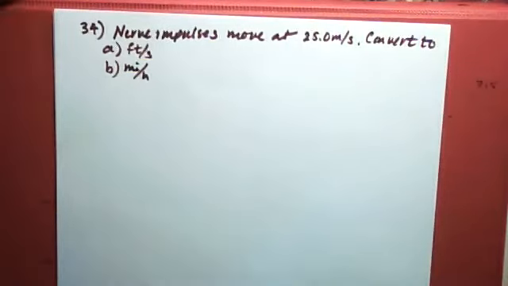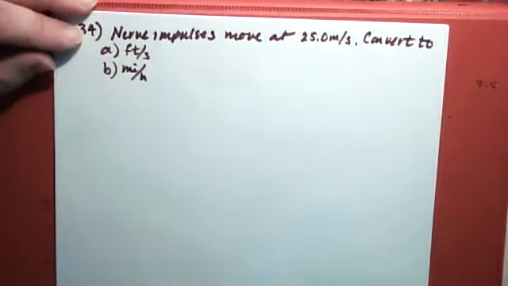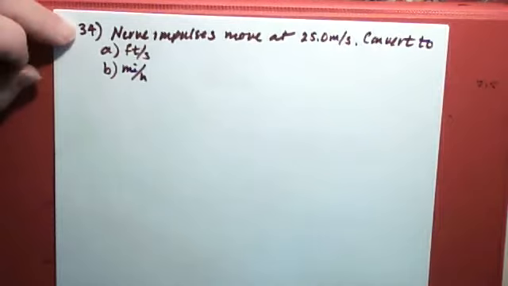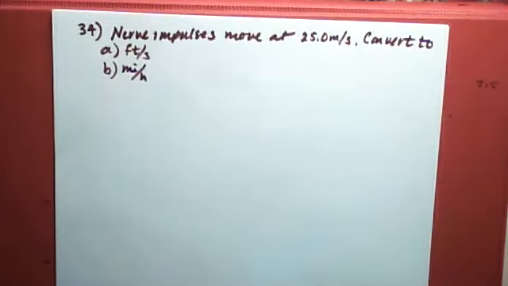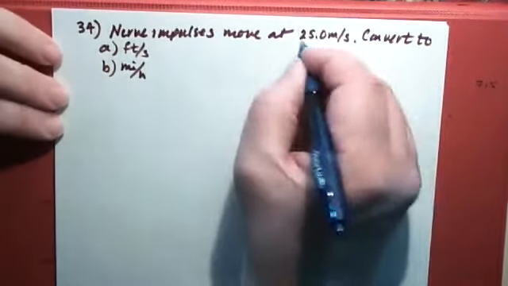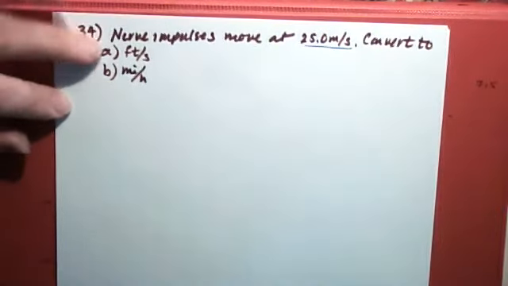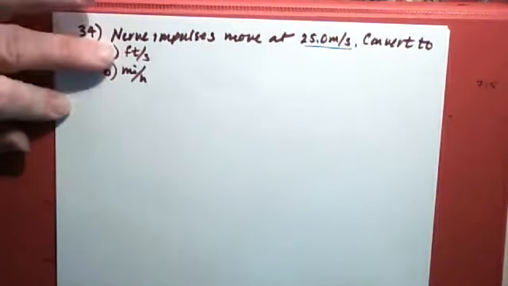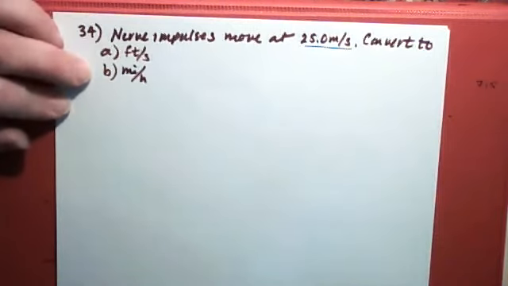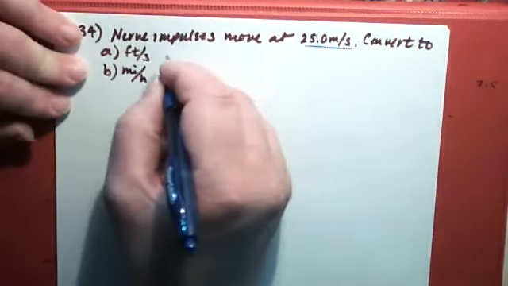Okay, to pick up where we left off in the last section, we were going to go into number 34, and 34 is about nerve impulses in the giant squid, and apparently they travel at about 25 meters per second in speed, and so the book is wondering what is that in feet per second or miles per hour. So let's see,